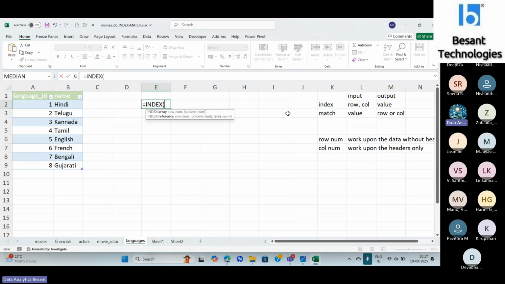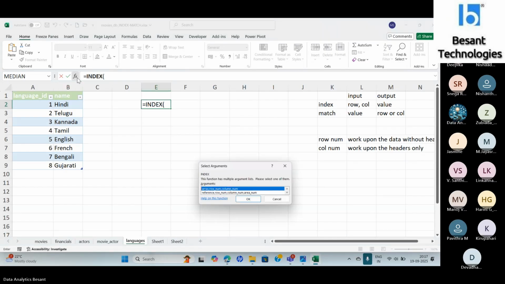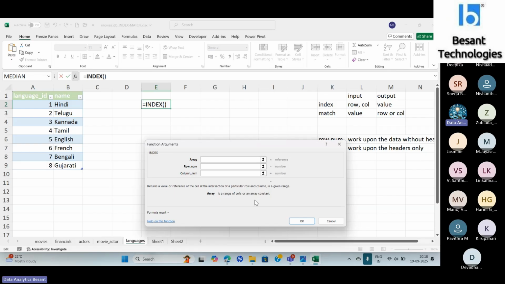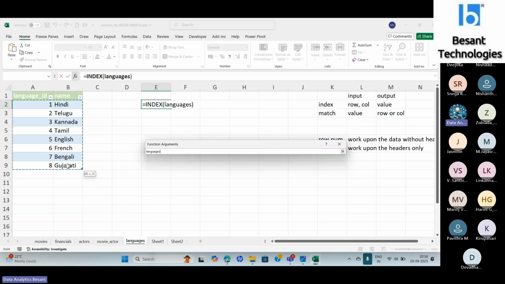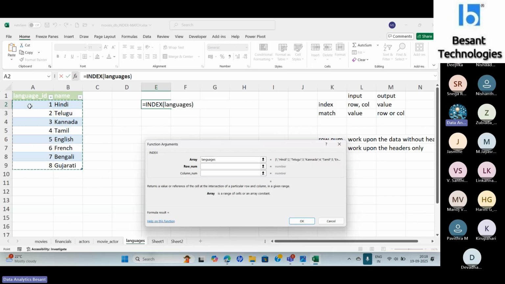We'll go for the first one. See here, it tells me to please select one of them. I'm going to go for the array. I am going to mention the table array or normal range of cells. In either way, my input data can be there without headers. I mentioned A2 to B9, which is nothing but my table range. From here, say I want to